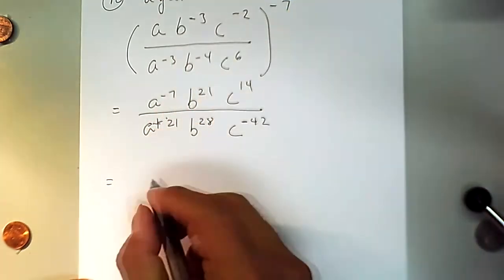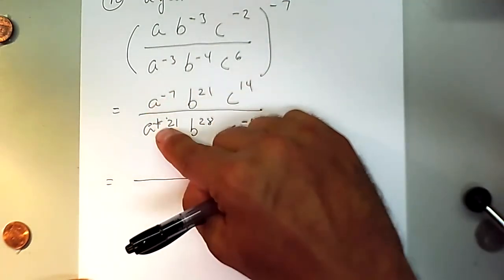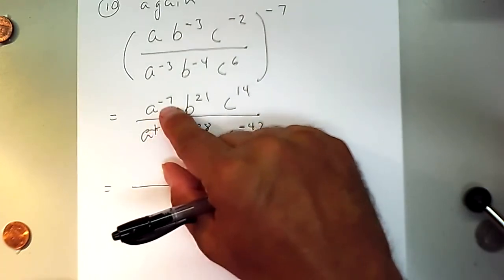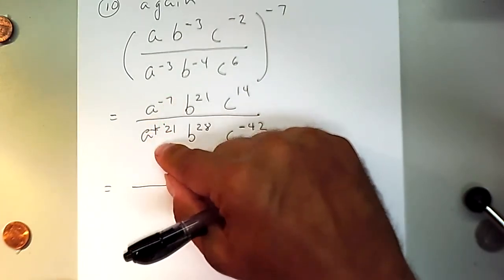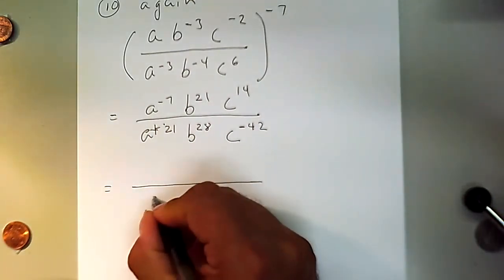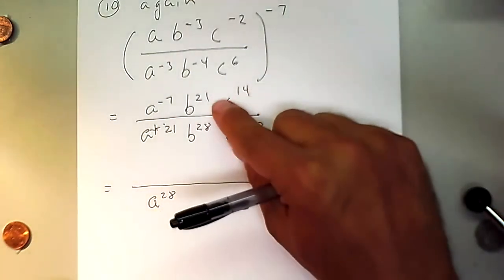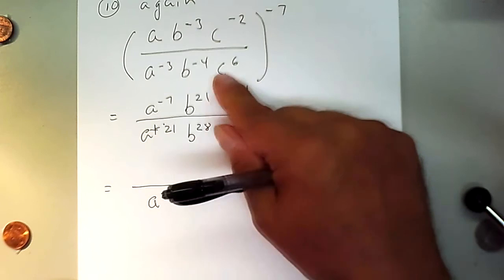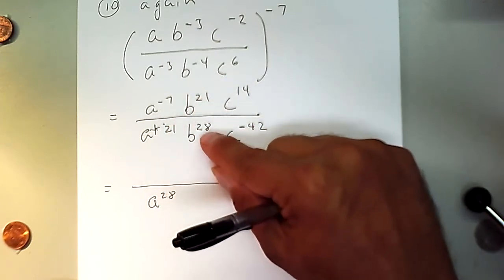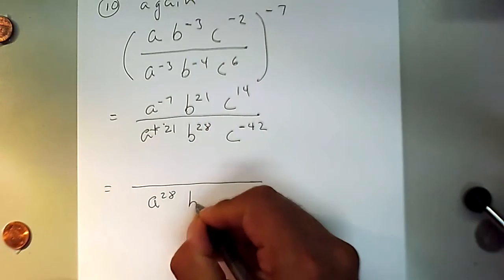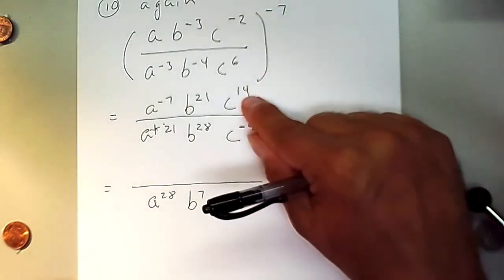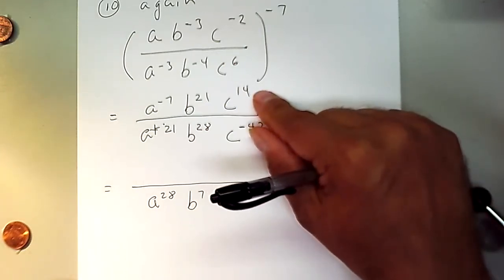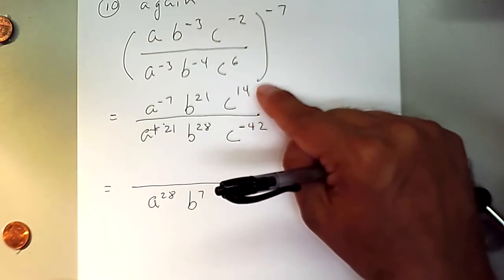This one has a negative exponent, so it goes down. We already have 21 a's on the denominator. 7 additional a's are going to go down there, so now we're going to have a to the 28. Now let's deal with the b's. There's 21 b's on the top, 28 b's on the bottom. If we simplify one by one, we end up with 7 b's on the denominator. And then we have 14 c's in the numerator. 42 are going to be added, well, multiplied with the 14 we already have. So that's going to make 56.